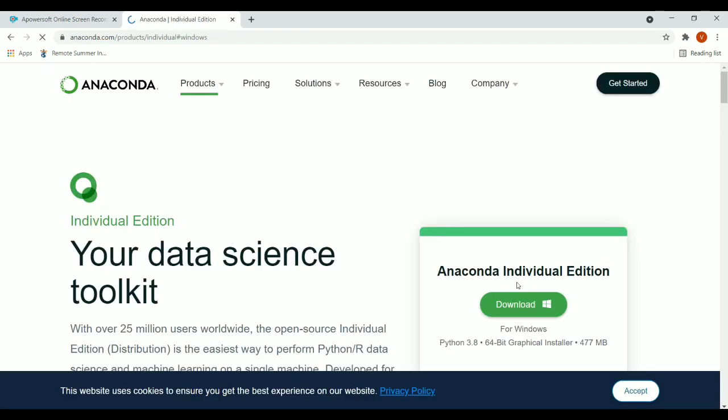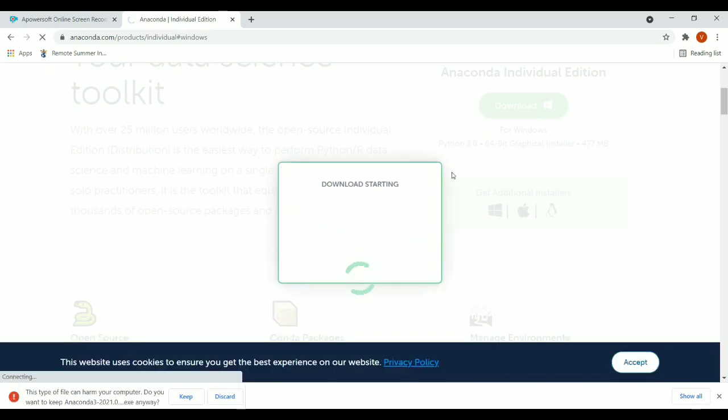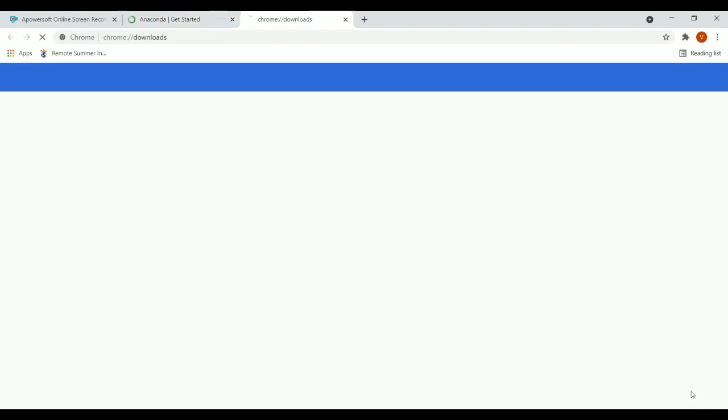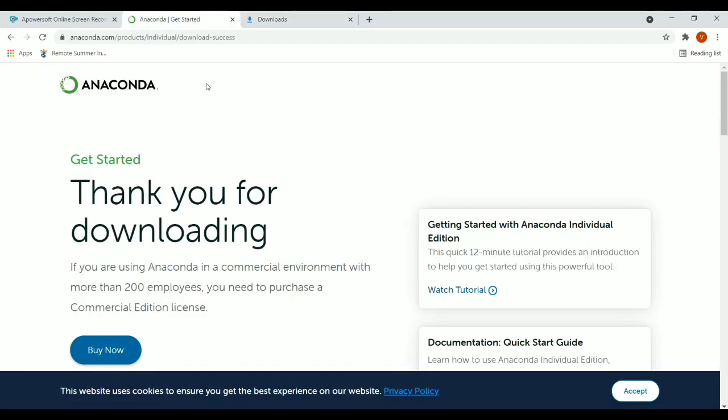Here the detailed Anaconda download and installation is given. Directly you can download Anaconda from here also. Here the downloading has been started, so you can download Anaconda here also. The installation setup has started to download. After this, we can install Anaconda once the setup has been downloaded. It's an exe file. So this is the setup of Anaconda. Till then we can read about the other setups that we need.